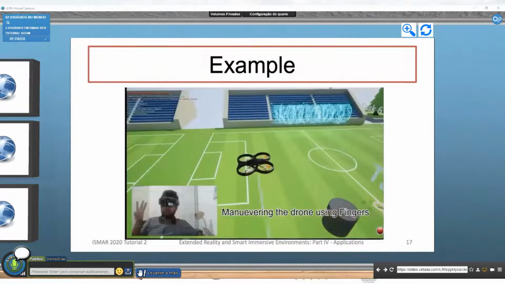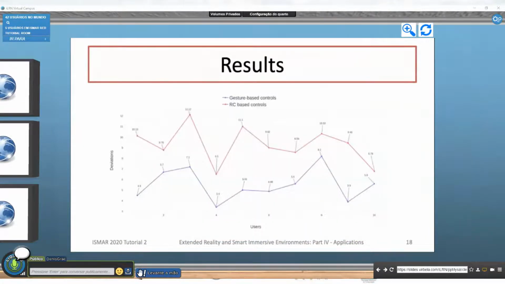So therefore, provided that we have underlying infrastructure, we can relatively simply identify or specify individual gestures and map them to corresponding tasks. When we compare that gesture modality with physical control or RC based controls, we can see that for 10 users that were tested, gesture-based controls perform better